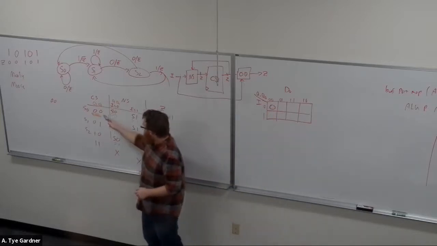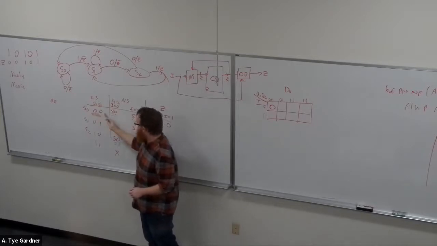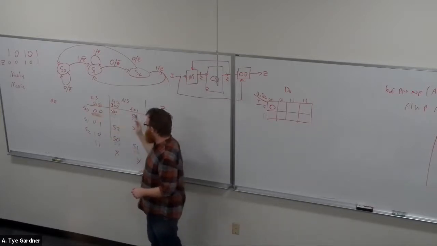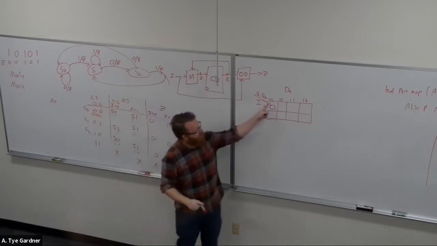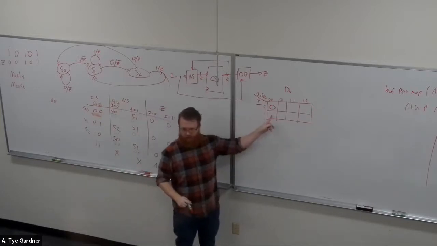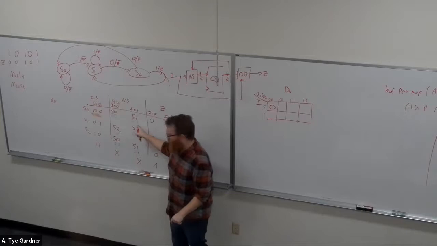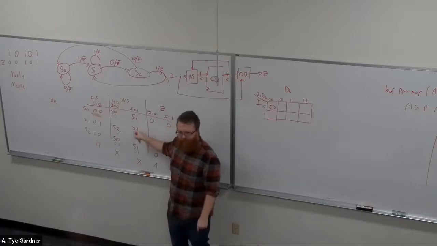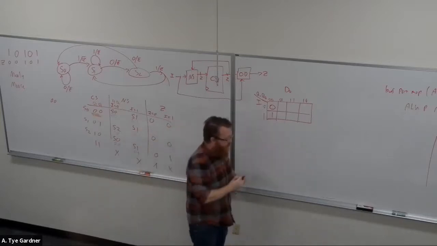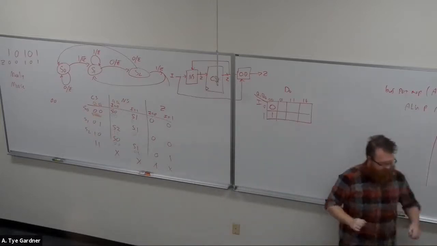Now, same state, 0, 0, but I is 1. So now I have 0, 0, 1. 0, 0, 1 is 1. Because, and I want to be very clear about this,